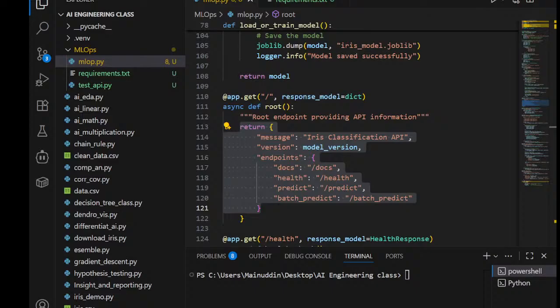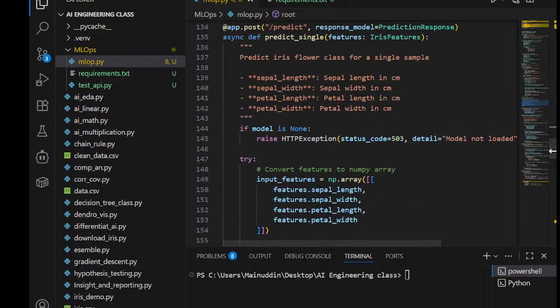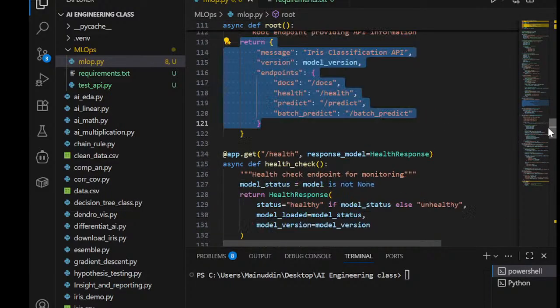Yeah, so that's what's happening with these API route handlers. So it's the same with